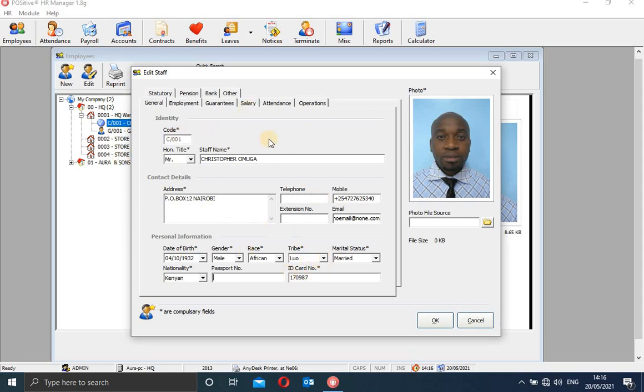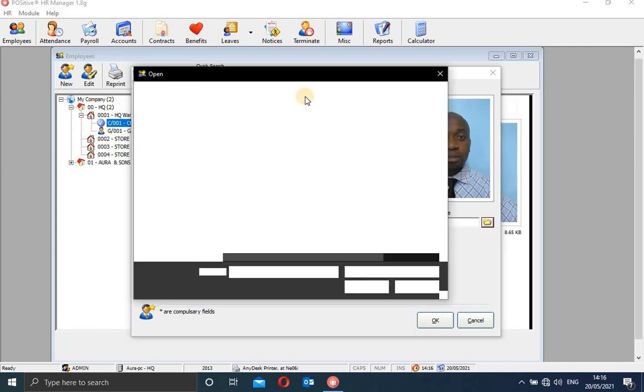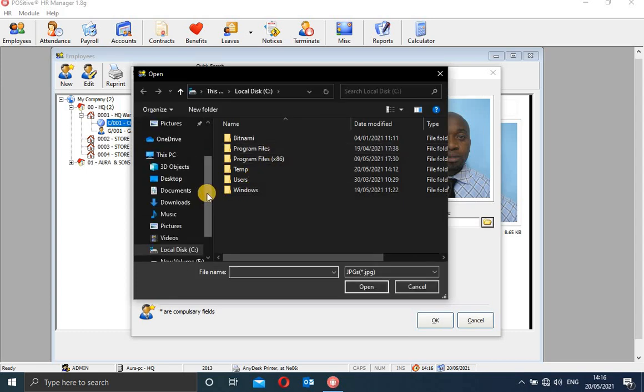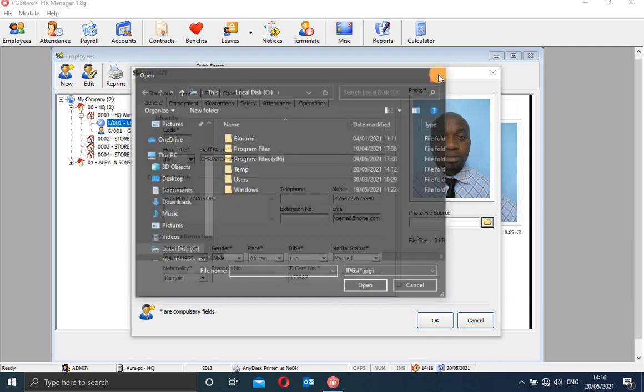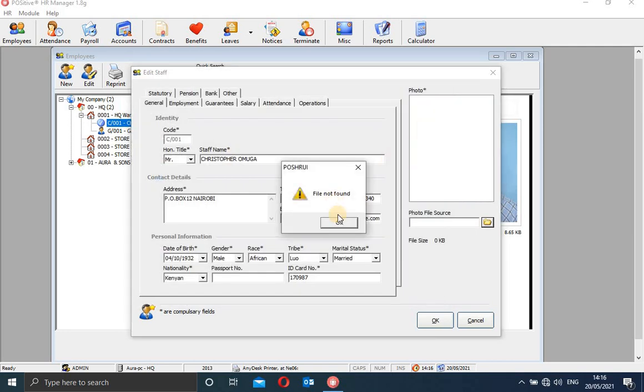Okay, so this is the first general information that you input, and once you've input this, then the system will require you to upload the image. So this is where you upload your image. You simply click there, and then it will look for the folder. You look for the folder on your desktop where you stored your images. Right now I don't have that, I only have this, so I will save that one.